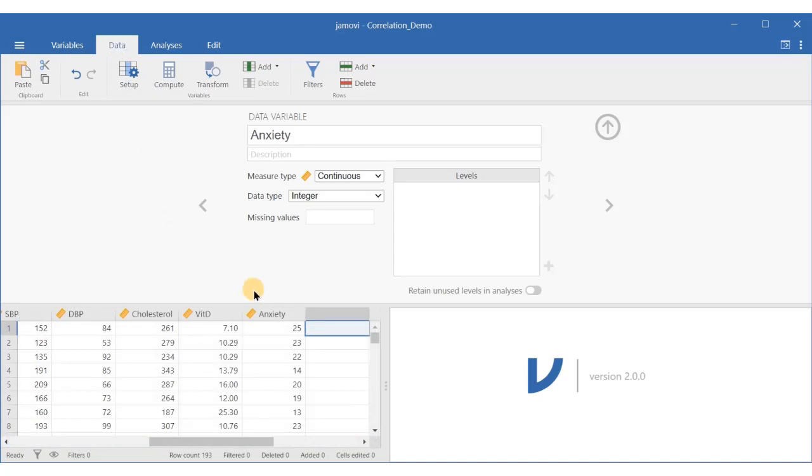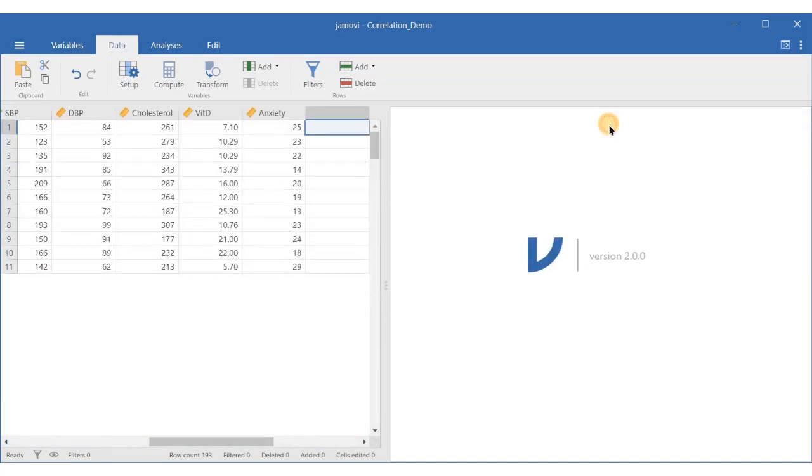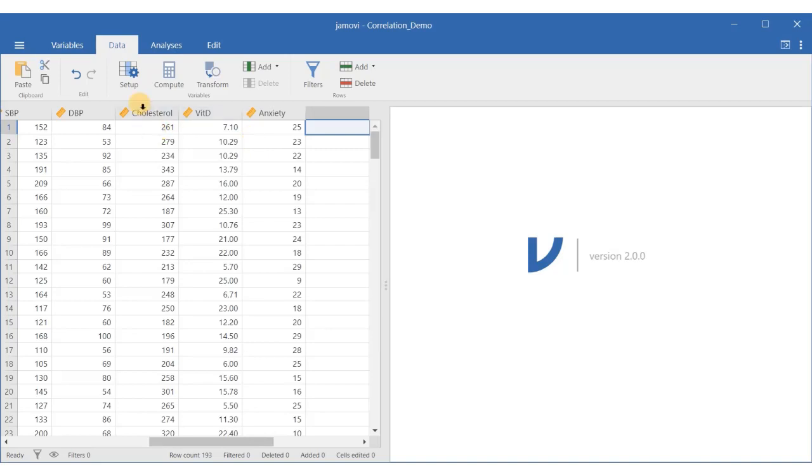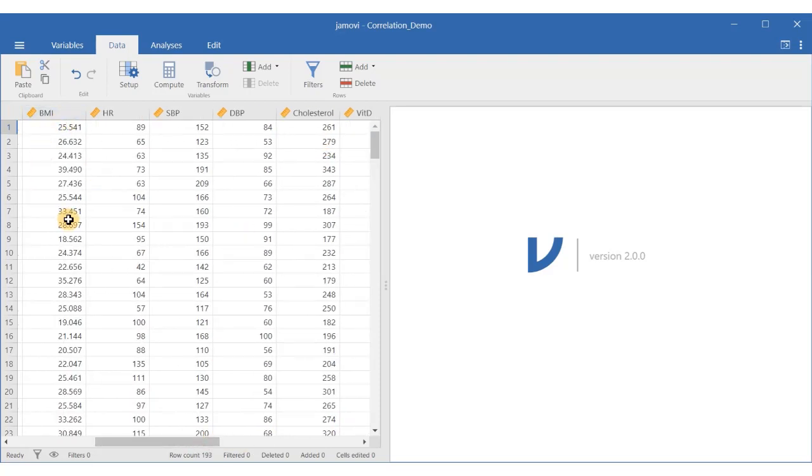The question which has been given to me is to check the correlation between cholesterol and BMI. So we will test the underlying assumptions. The first assumption was that both the variables should be continuous in nature, and both cholesterol and BMI are continuous in nature, so we can apply correlation. The second assumption was to check for the outlier.